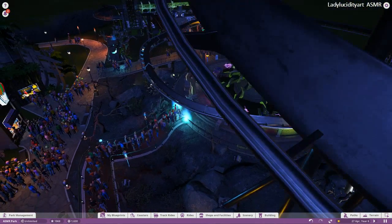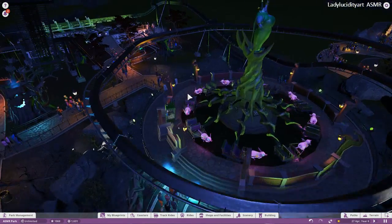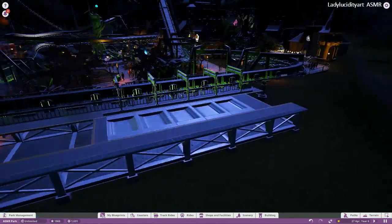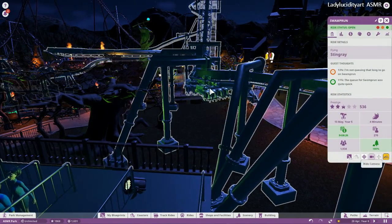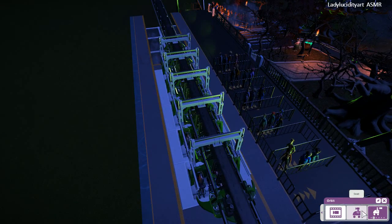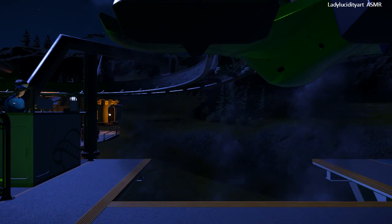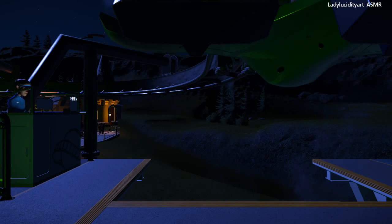And the second one is actually going around that ride. This was my first spooky coaster over here, and you'll be able to see them just going off there. I'm going to switch to ride cam just so you guys can see what it's like to be in the ride. So this roller coaster I built myself, and it goes around the first ride, the sort of spooky witch ride,